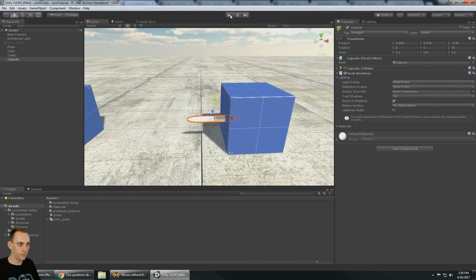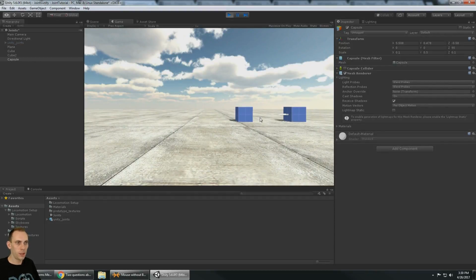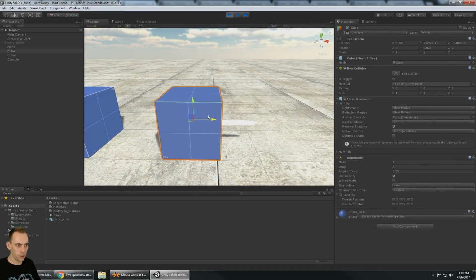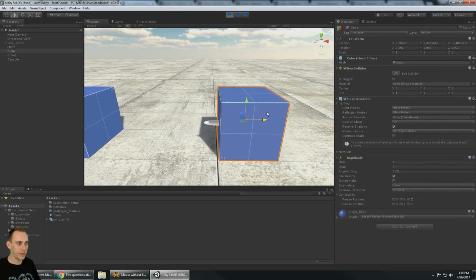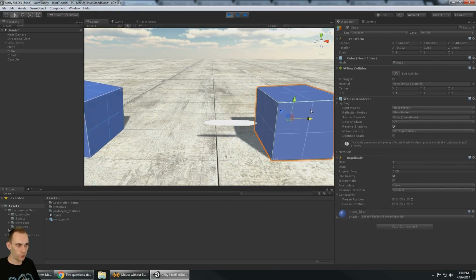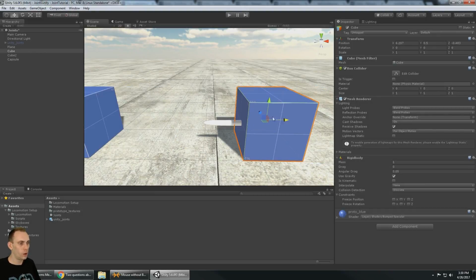So let's hit play. And we'll see that we should be able to move this cube all the way up to here. But when it gets to its max distance, it's going to start pulling together. All right, so